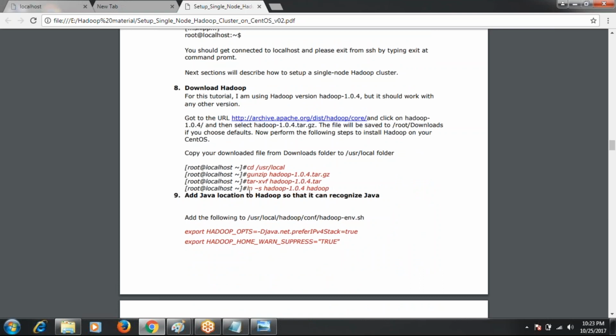In the 5th step we installed Java, right? Now we have to configure that Java location in the Hadoop configuration file. Otherwise, Hadoop doesn't know where Java exists on the machine, so we add the Java location so that it can recognize Java.